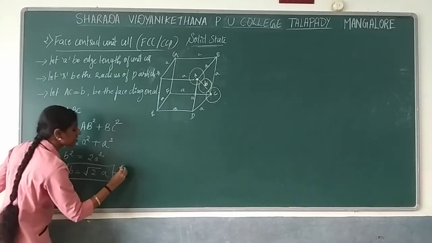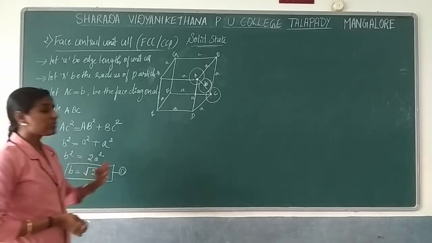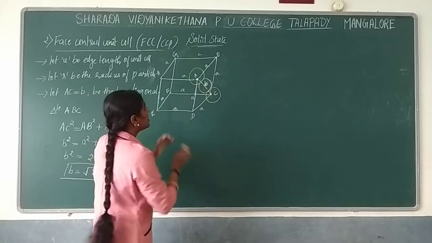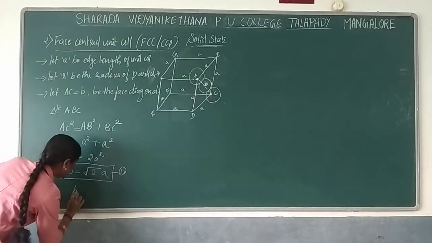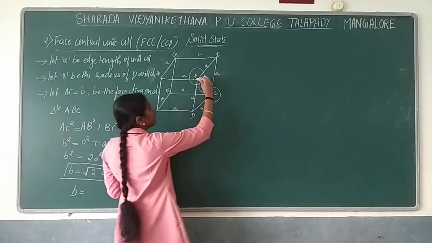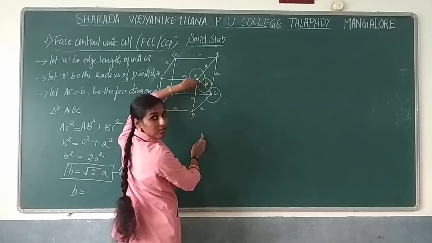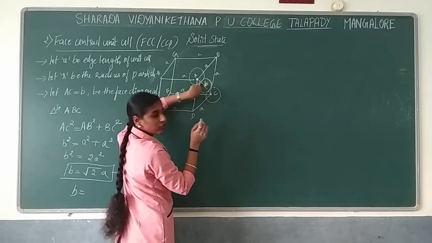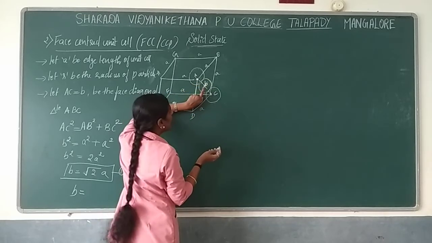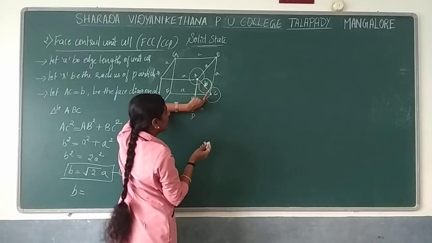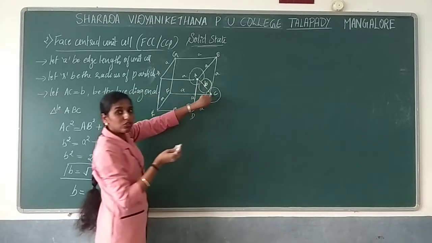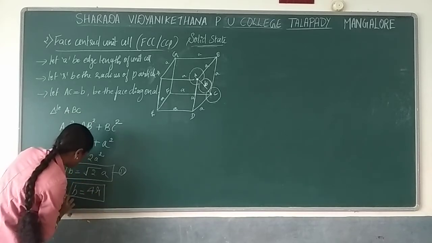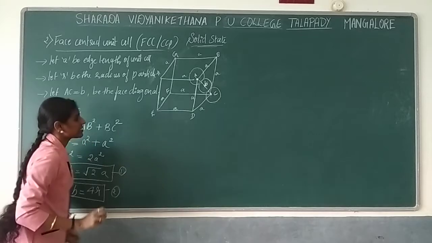I'll just take this as 1. As well, we can relate B with R. So in terms of R, from here to the center is 1 R, from here to here 2 R, again 3, and 4. So total how many R's are present? We have 4 R, right? B is equal to 4 R. So just denote this as 2.